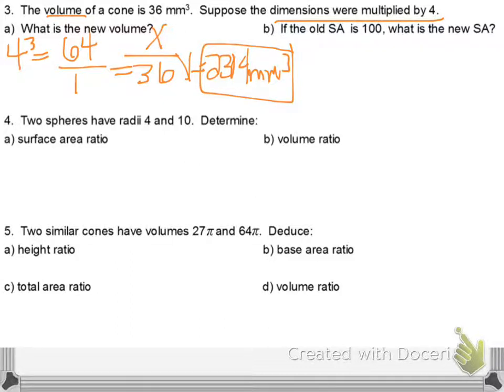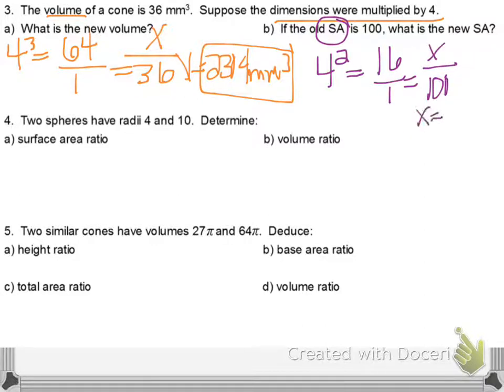Okay, B says if the old surface area, so here we're back to area, is 100, what is the new surface area? So again, we need to have our area scale factor here. So if the dimensions are being multiplied by 4, then I'm going to square that to get what my area is doing, which would be times 16. So I'm going to put that over 1 just so I can have a proportion. The old surface area is 100. This is getting bigger. So I'm going to throw that 100 down there with the 1. And if you cross multiply, then your new area would be 1,600